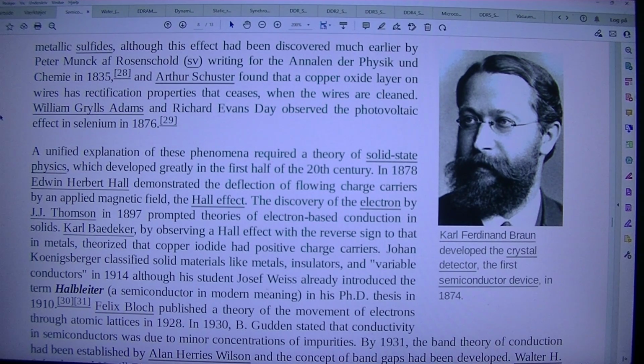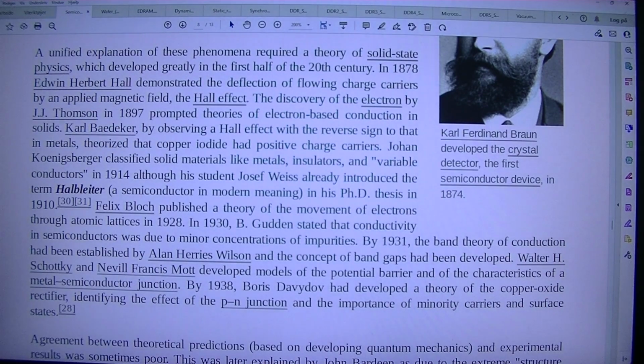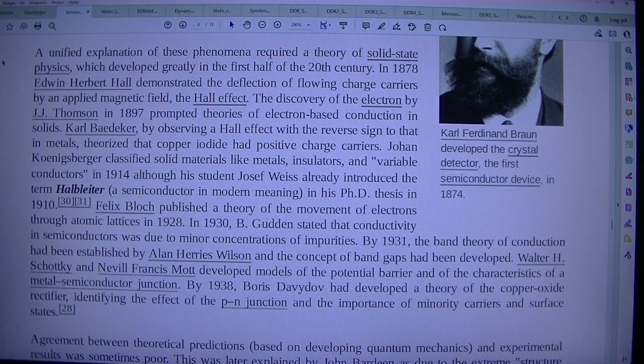A unified explanation of these phenomena required a theory of solid-state physics, which developed greatly in the first half of the 20th century. In 1878 Edwin Herbert Hall demonstrated the deflection of flowing charge carriers by an applied magnetic field, the Hall effect. The discovery of the electron by J.J. Thomson in 1897